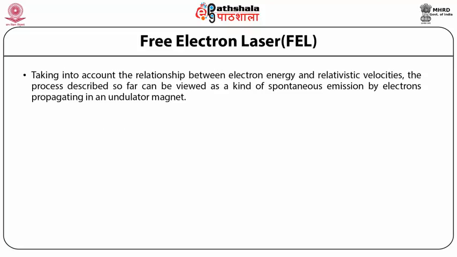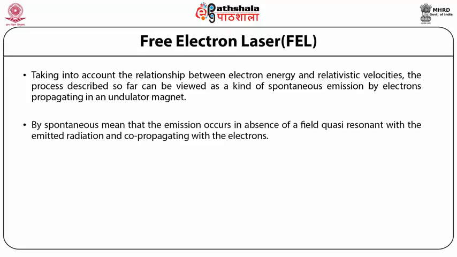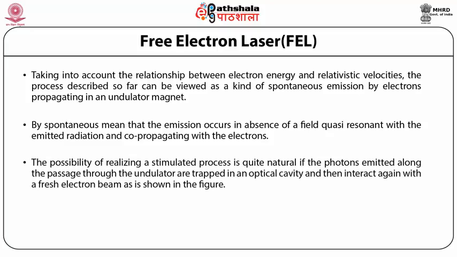Taking into account the relationship between electron energy and relativistic velocities, the process described so far can be viewed as a kind of spontaneous emission by electrons propagating in an undulator magnet. Spontaneous means that the emission occurs in the absence of a field quasi-resonant with the emitted radiation and co-propagating with the electrons. A stimulated process is quite natural if the photons emitted along the passage through